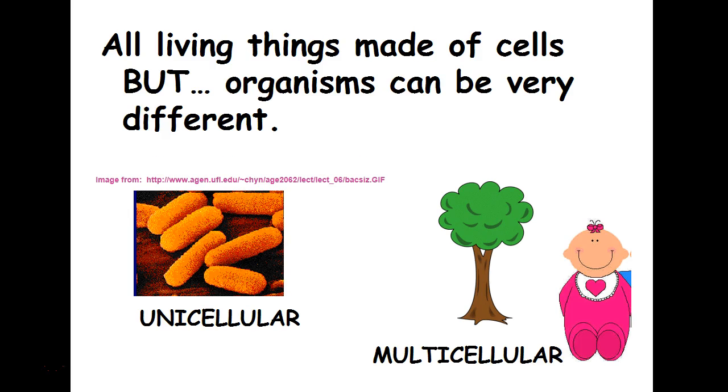So now that we have a cell, all living things, like the cell theory says, all living things are made of cells. But those things that have cells are different. You can be unicellular. Uni means one, and cellular means cellular. So these things have one cell. So your bacteria, your strep bacteria, the bacteria that gives you strep throat, bacteria that gives you athlete's foot, bacteria that gives you